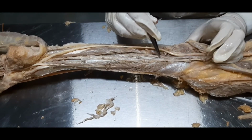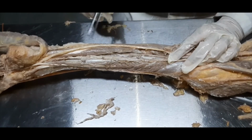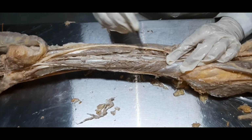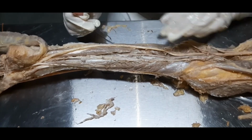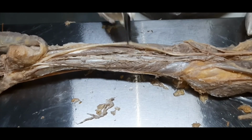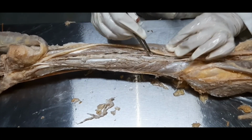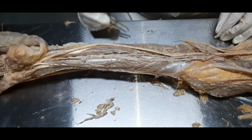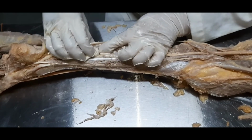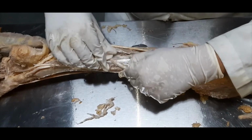You can see this very strong artery, and this is the peroneal artery, and this will run on the posterior border of the fibula and will mainly supply the peroneal compartment. So there is the tibial nerve and posterior tibial artery, and this strong one is the peroneal artery. Now when we reflect or detach these muscles towards the lateral and medial side, then we will get another muscle,